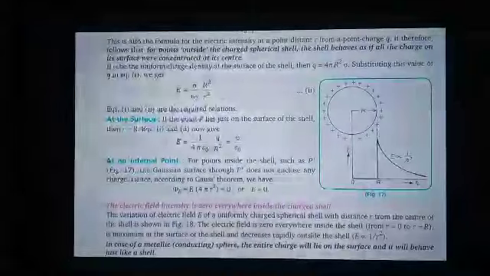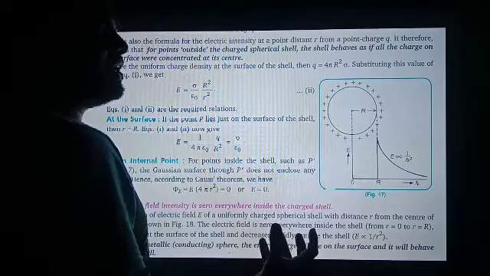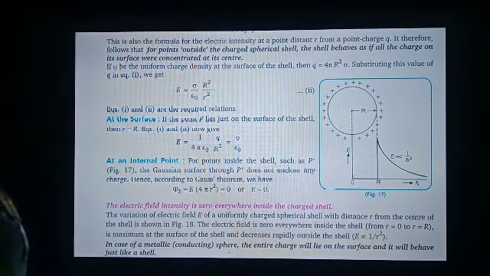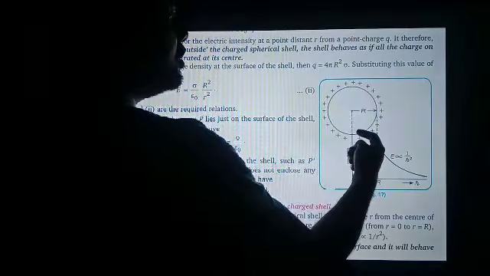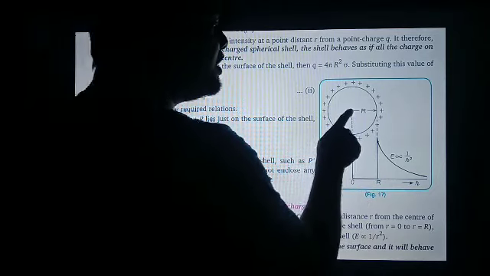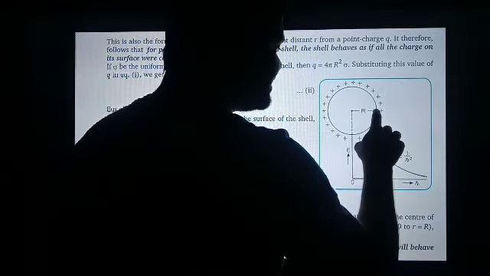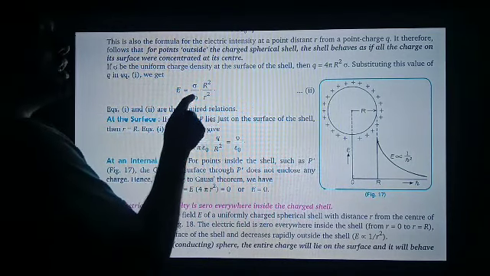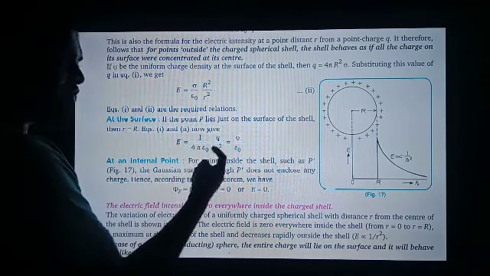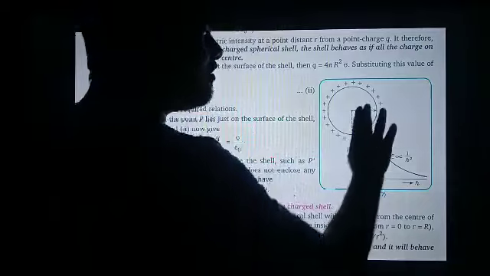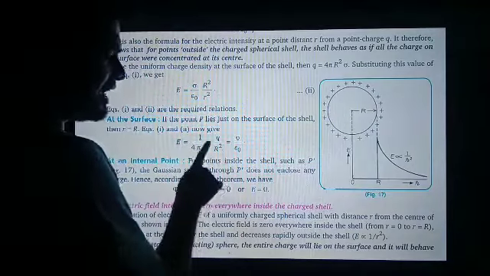Now see the last thing, the graph of electric field versus distance. Suppose that we have a sphere having some charge. A conducting sphere has the attribute that the charge lies over the surface. So inside the surface no charge lies, so the electric field inside will be 0. It means from the center to the surface the electric field will be 0. At the surface the electric field will be sigma upon epsilon naught, or you may write 1 upon 4 pi epsilon naught q upon r square. This is the general formula. As we move away from the center or away from the surface, the distance increases, so the electric field falls. As r increases, the electric field